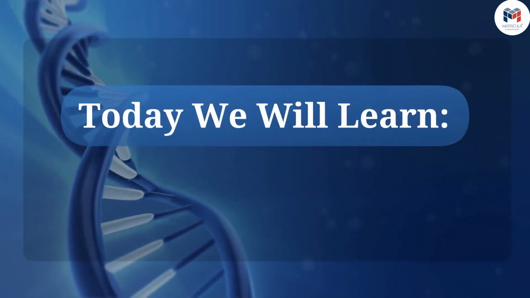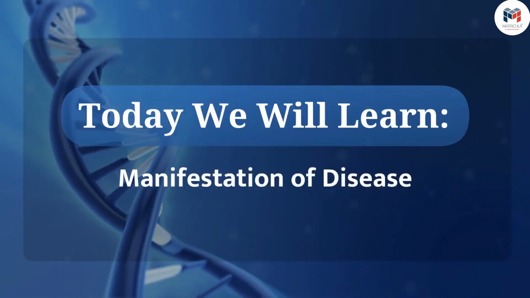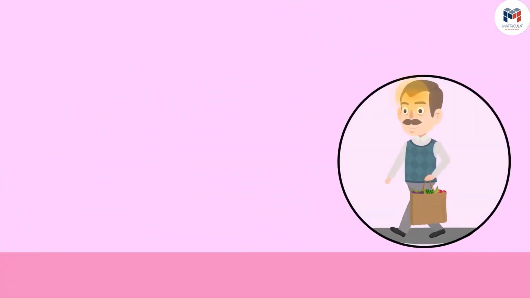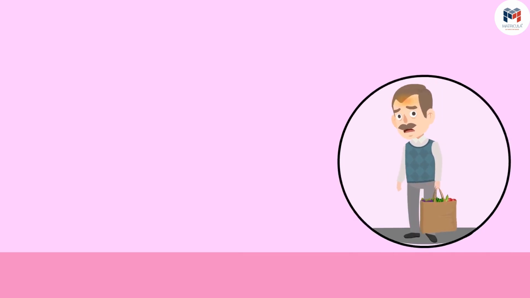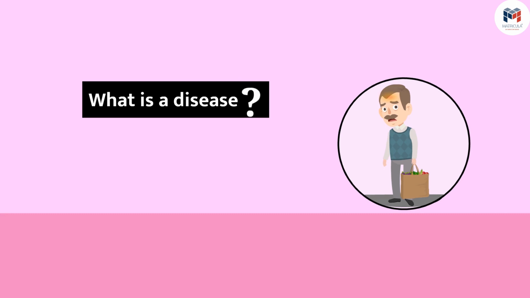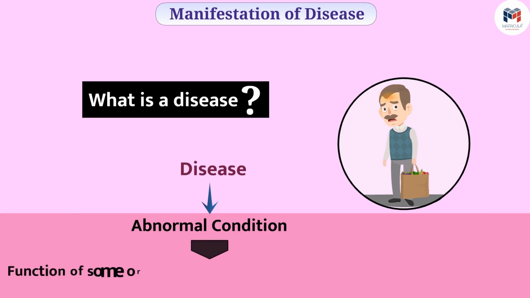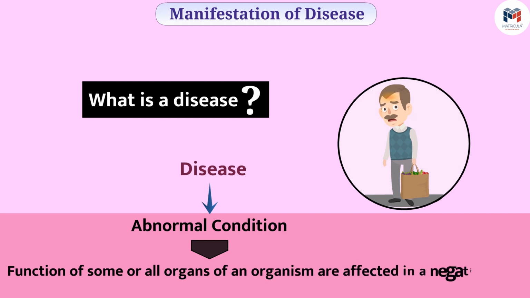Today we will learn about manifestations of disease. Due to disease, we are not able to do our work properly. Can you tell us what is a disease? Disease is an abnormal condition that affects the function of some or all organs of an organism in a negative